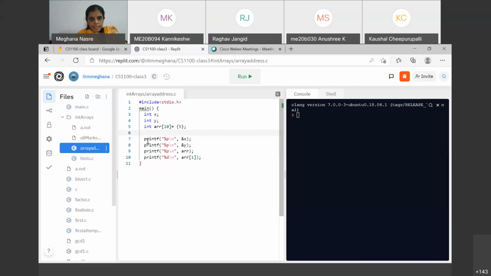So let's read line 7. Kaushal, just tell me, is the font visible and readable? Yes, ma'am. Okay. So line 7 says printf %p. We have not used %p till now. %p is for pointers, and we are not printing the value of x. In fact, we have not initialized x. So if we print out the value of x by doing %d, we'll possibly get some garbage, which we are not interested in. But we are interested in this & operator, which you are now familiar with.